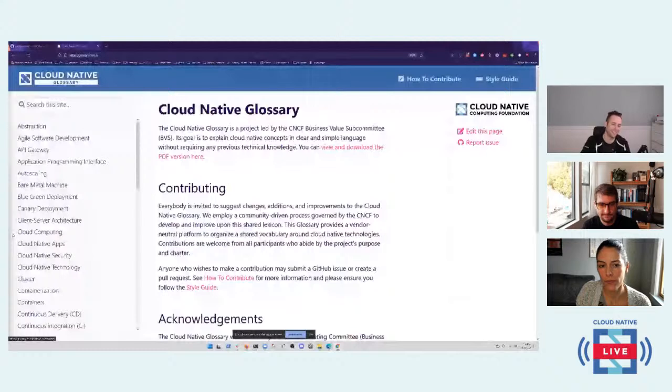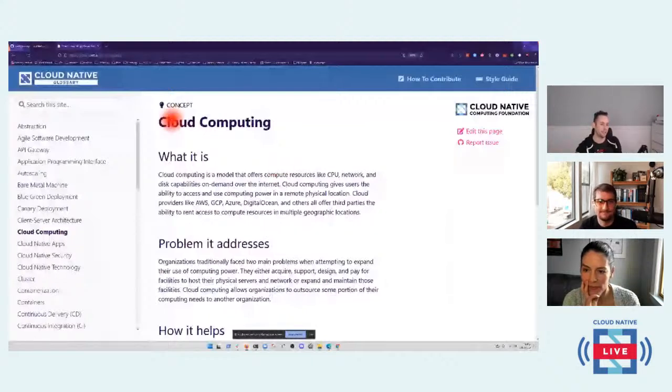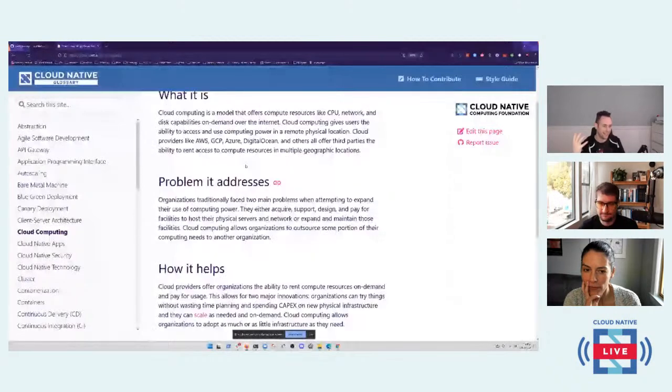So let's take cloud computing. Every time I look at a definition, I get a little flashback to what it was like to try and define this in the first place. For every definition, we talk about what type of thing it is. Is it a concept? Is it a technology? There are a couple of categories your definition may lie in. And for each definition, the target is that I can explain it to anyone who is not currently indoctrinated in the language of cloud native, not just business folks.